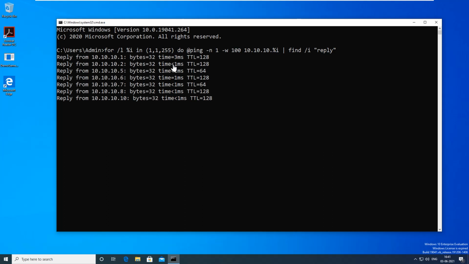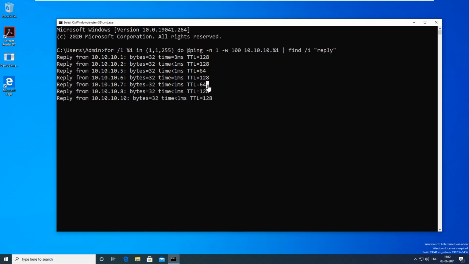It will immediately ping all the IPs in that particular network, and whichever IP is responding, we can assume that that particular IP is available in the network. While pinging, I'm getting an interesting thing. For a few IPs I'm getting a TTL value of 128, and for a few IPs a TTL value of 64.